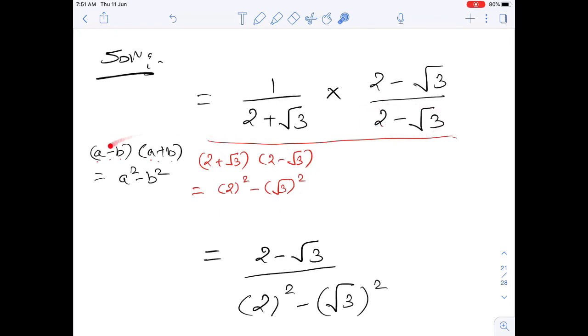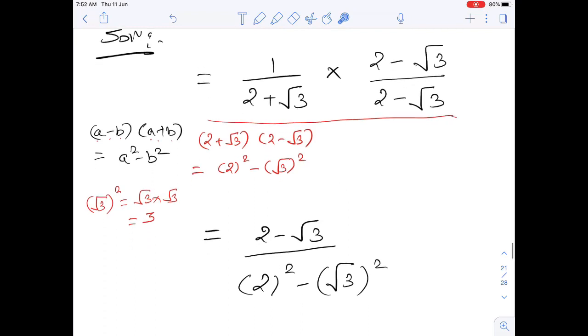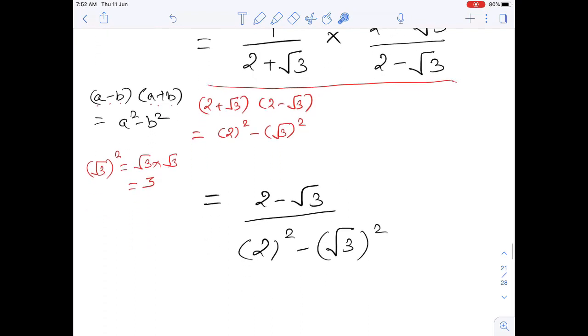So because of this rule, we have written a square minus b square. Now any number root, just like root 3 square means root 3 into root 3, and we have learned that when two root numbers with the same base are multiplied, the answer will be only 3. So now next step, 2 plus root 3, 2 minus root 3 was there, so